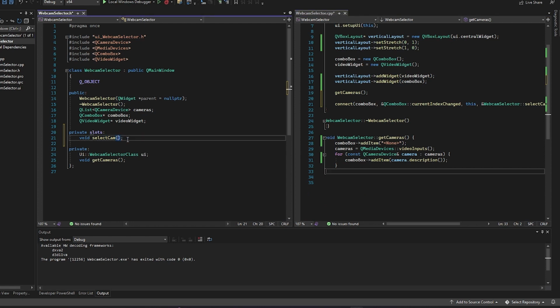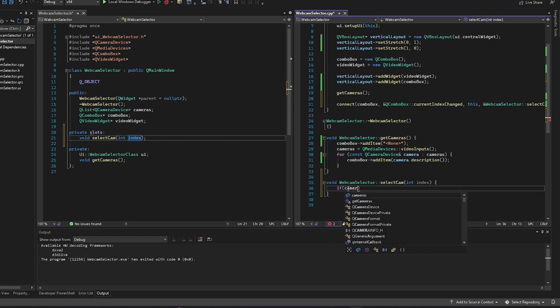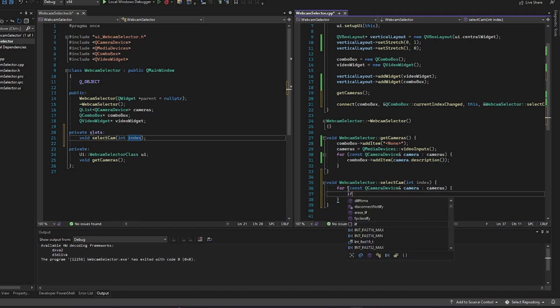So we can just leave it there. This is where we're just going to handle the selection. We're going to do it all together. Oh, it wants an int index. When we get it, first thing we could do, just to check, is loop through our cameras again, for const QCameraDevice camera in the camera list. We do that, and then if the camera description that we're looping through is the same as the current text of the combo box, then